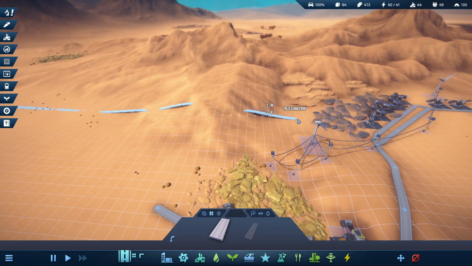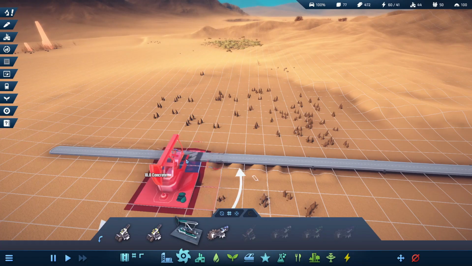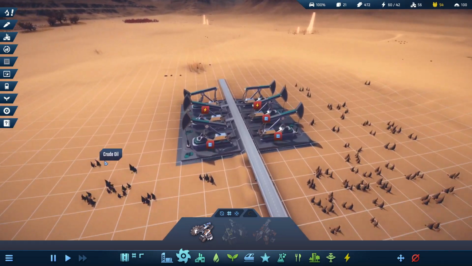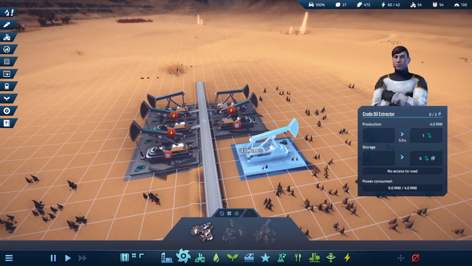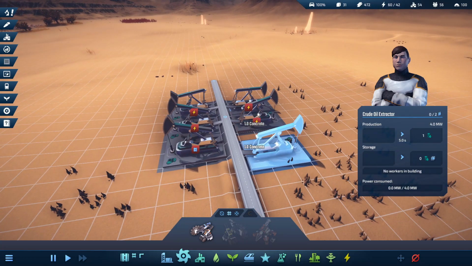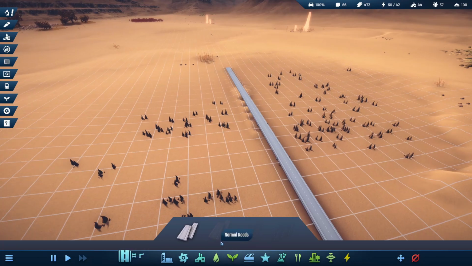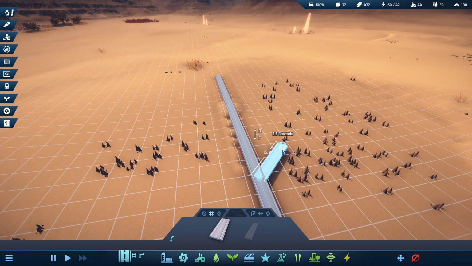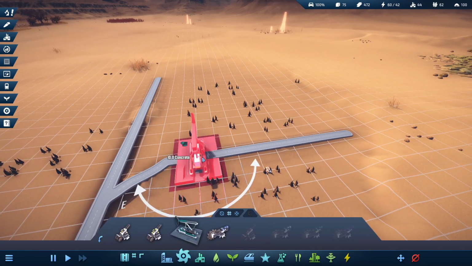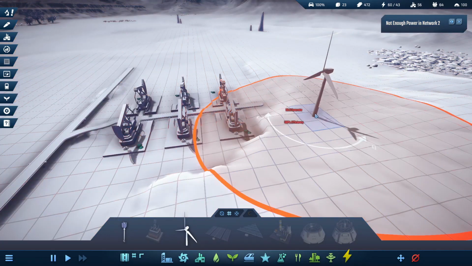And I build a great big road in. Absolutely love building these roads. And then we can finally place in the crude oil mines. Now we can place in the crude oil mines. And we can put in a little...